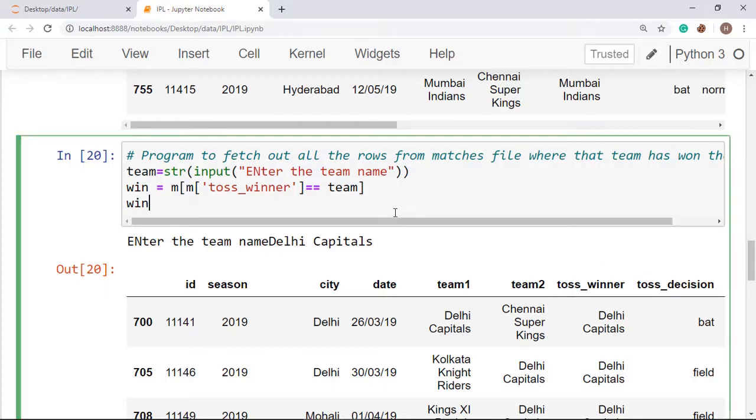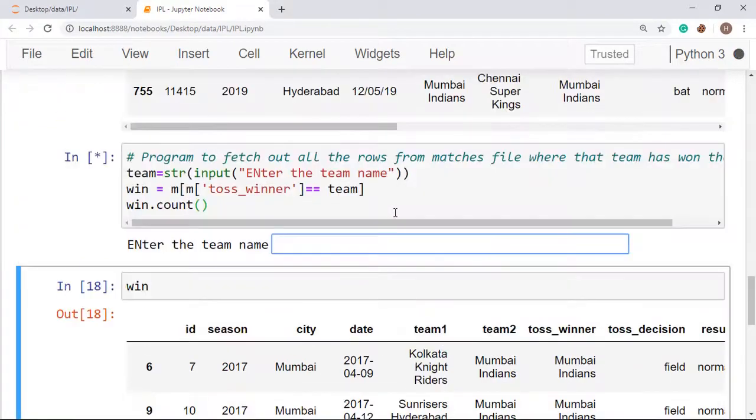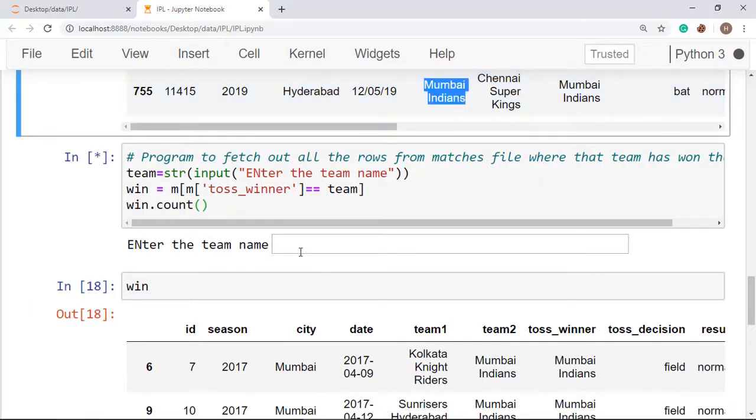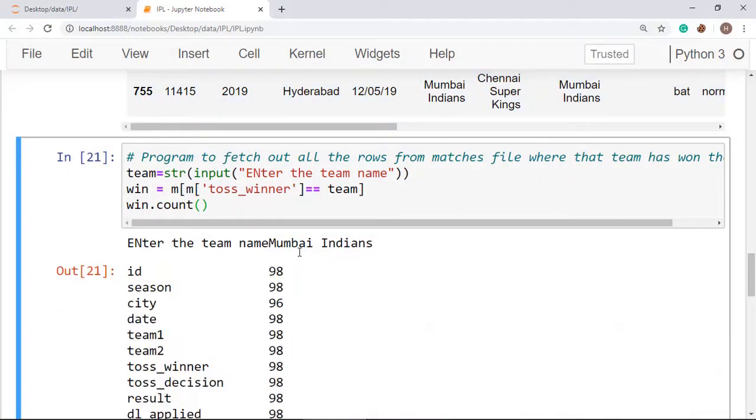Okay, so whenever you want to fetch the details, means how many times a team has won the toss, you can also use bin.count, and when you use this, it will just display how many times that team has won the toss. So see, this one is displaying 98.